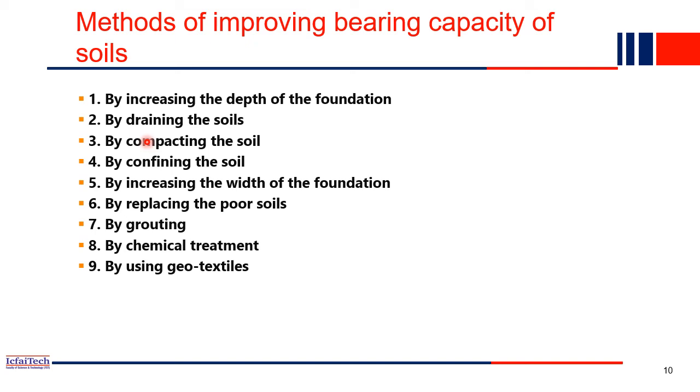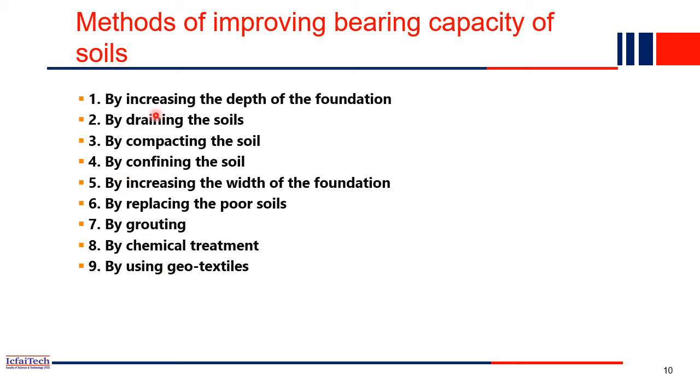So now, what are the methods to improve the bearing capacity? Because as an engineer or as an architect, you will be asked to design a structure maybe on wetland. You cannot say that you cannot design it on wetland because the bearing capacity of the wetland is low. You have to construct it anyway. So in that case, what do you have to do? You have to improve the bearing capacity of the soil. If the soil bearing capacity is very poor, then you have to improve it using different methods.